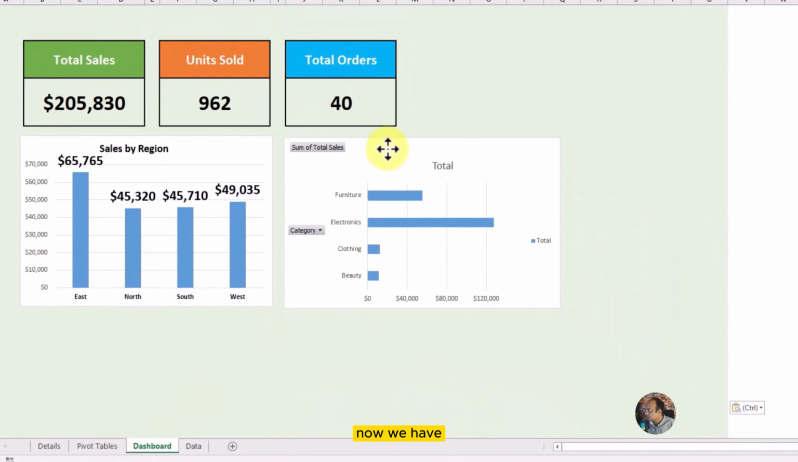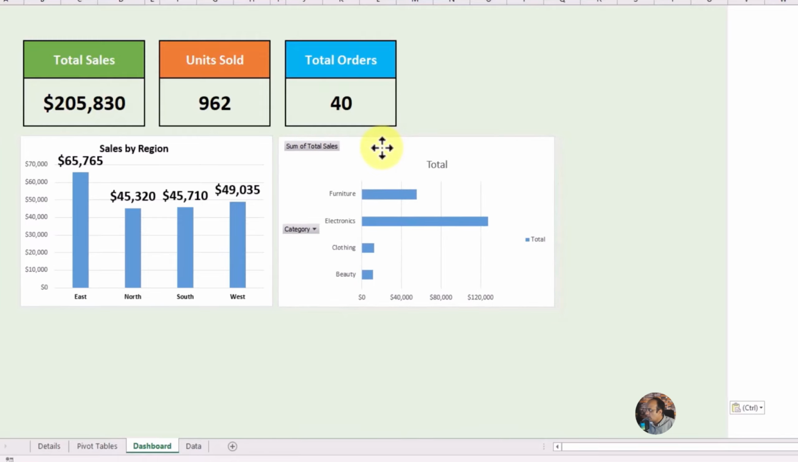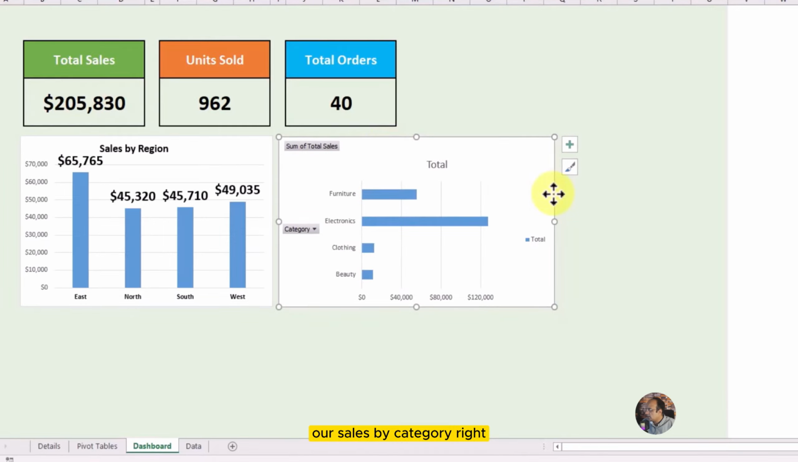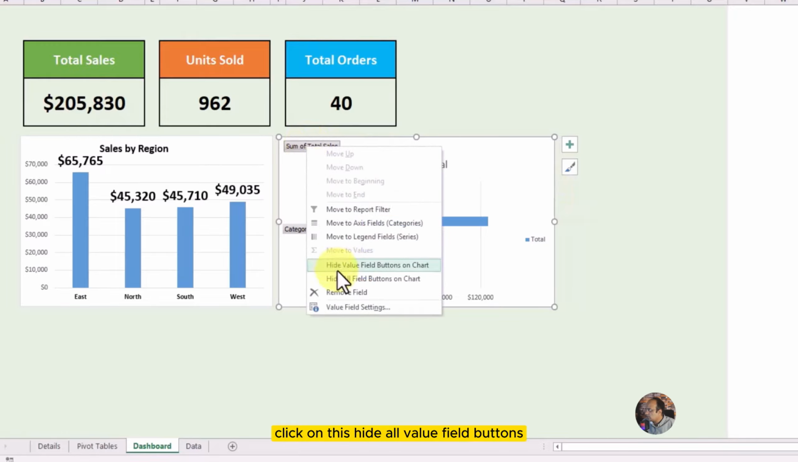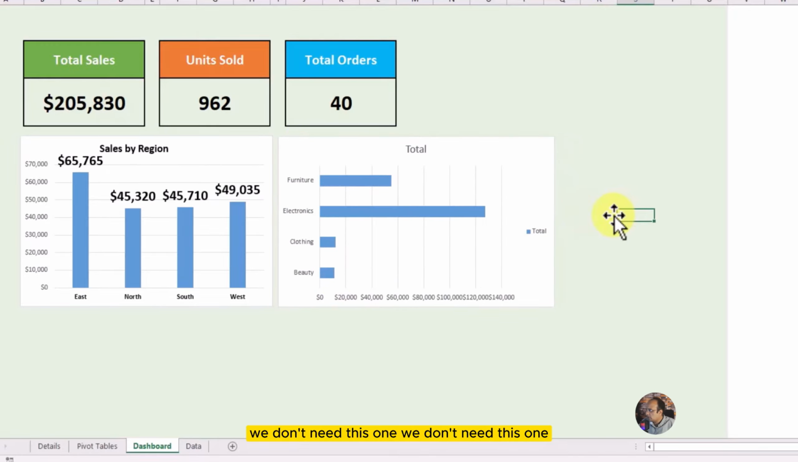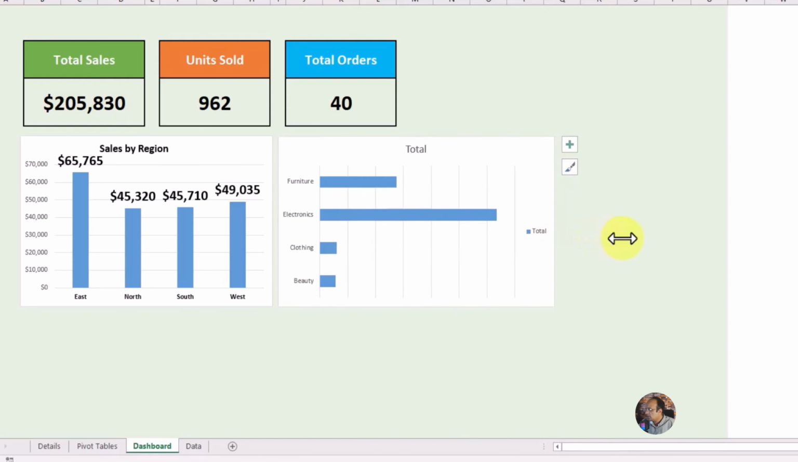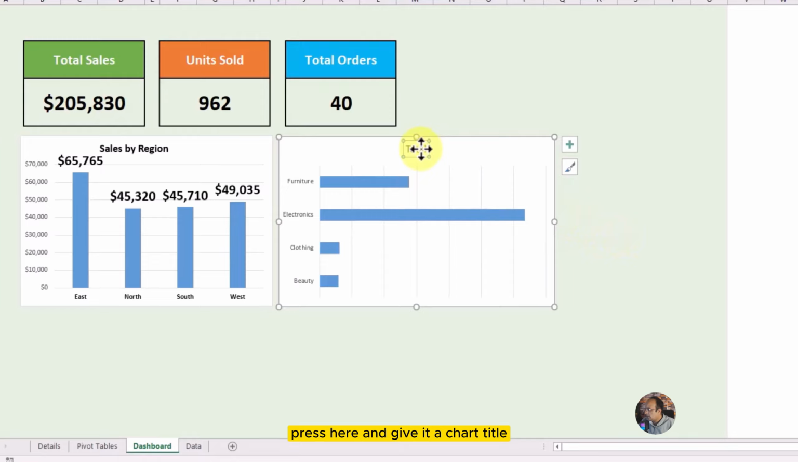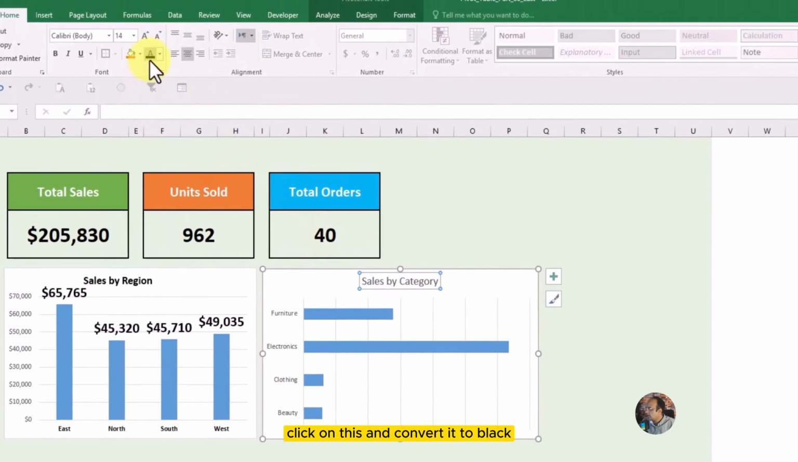Now we have our sales by category. Right click on this, hide all value field buttons. We don't need this one, we don't need this one. Press here and give it a chart title, sales by category. Click on this and convert it to black,